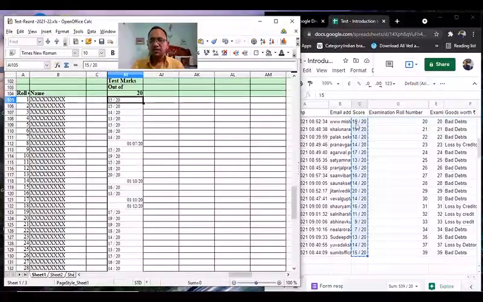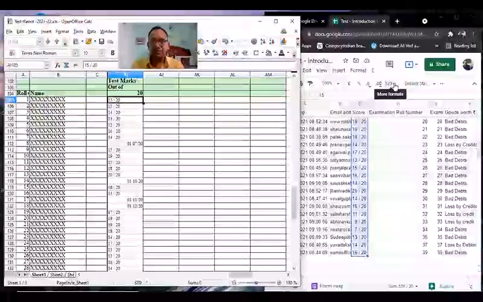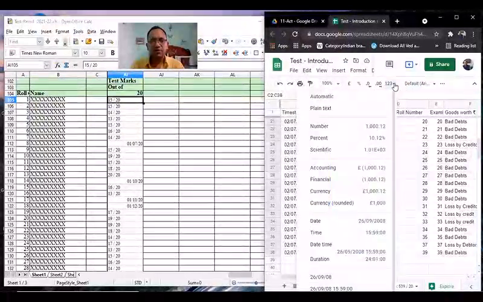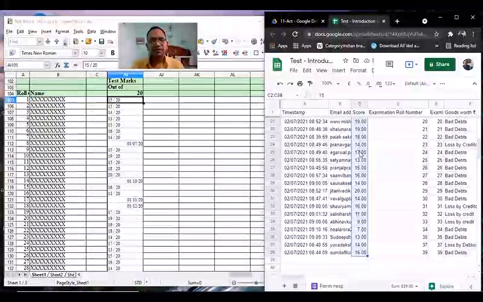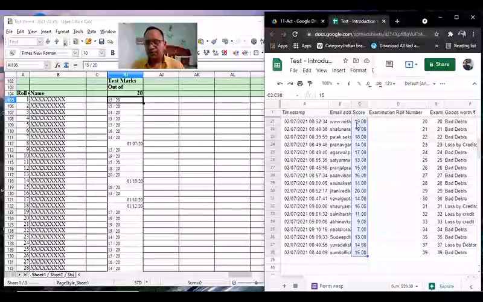How I can do this is I go back to the Google spreadsheet where this score is. I have already selected these cells. I click on this 1, 2, 3 in the header above, which is for formats, and I choose number. You see, the entire score gets converted into number. Now it is not showing out of how much, but it is showing the values in decimals. I do not want these decimals.